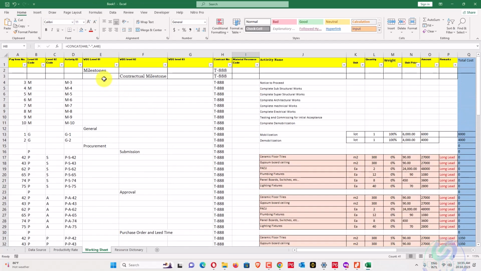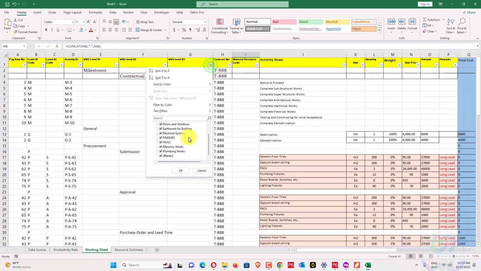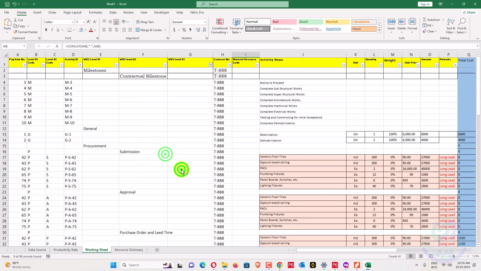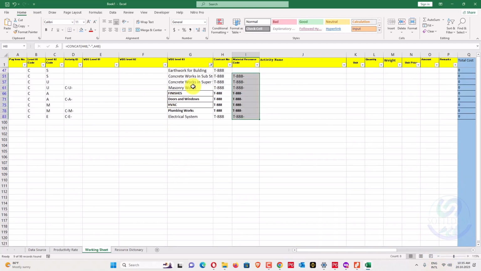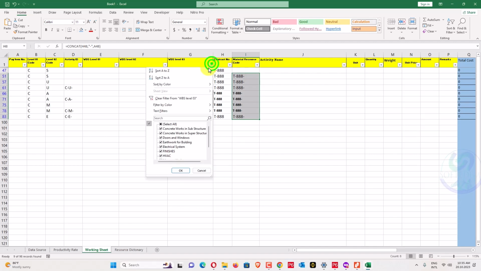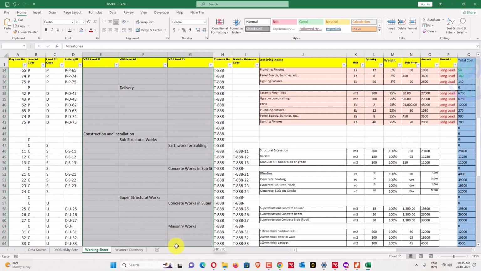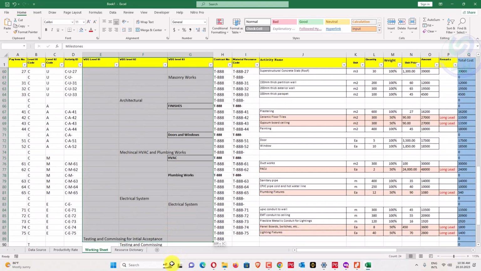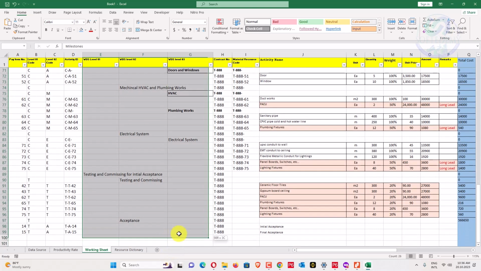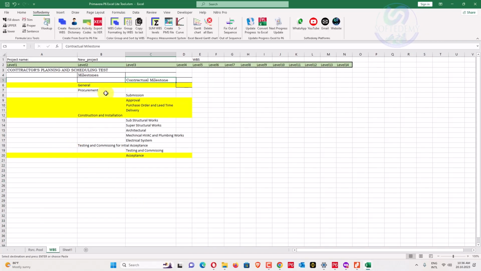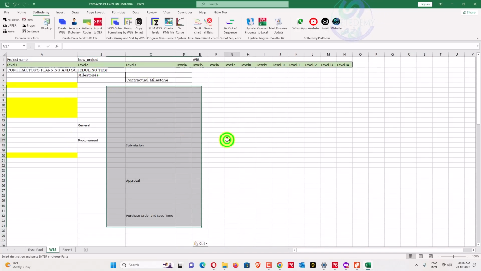We will just go again here, and first we have to remove these blanks. Now we'll just select this all, and now we'll paste here this all, like this.